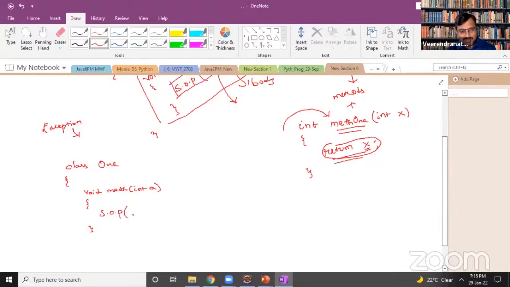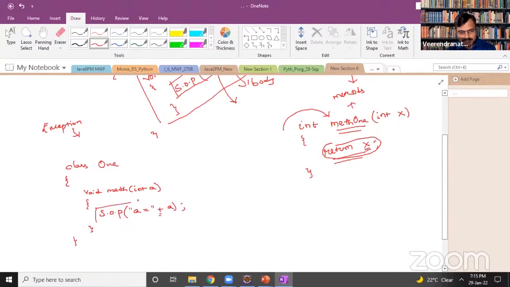I'll simply write System.out.println with a.